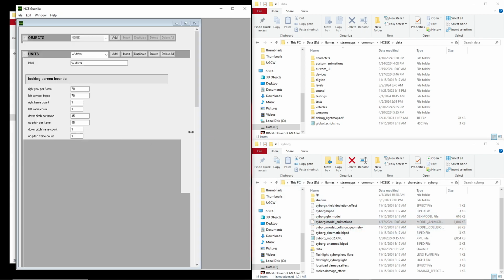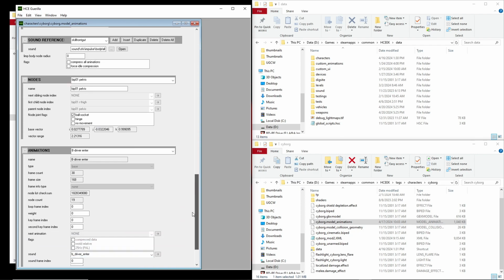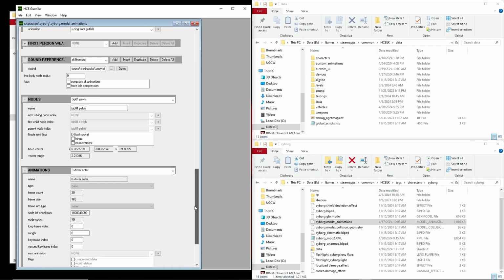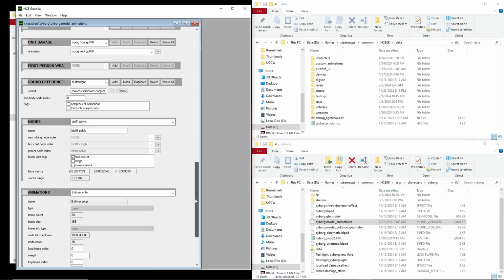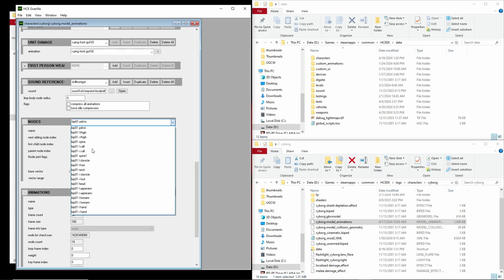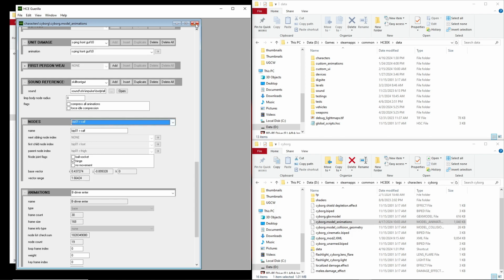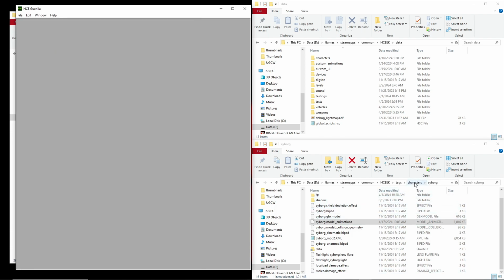And actually, I don't think the bones of the weapons themselves matter in here. Basically, the weapon is attached to the right-hand marker of the character, so it doesn't need any of the bones. As you can see here, all these bones are just bones of the character, so it doesn't involve any bones of the guns. And then the first-person